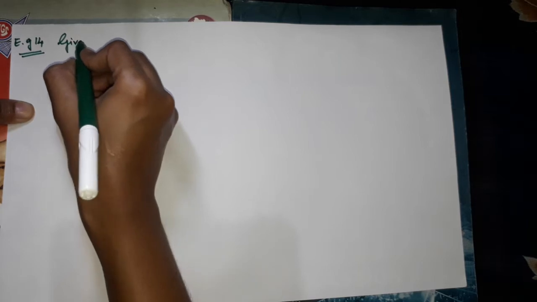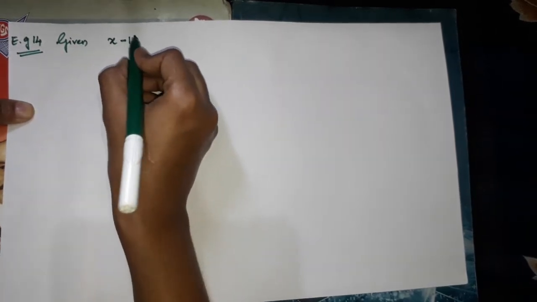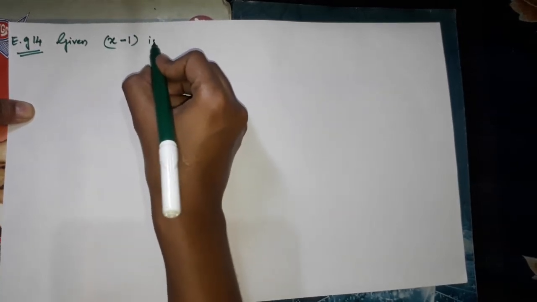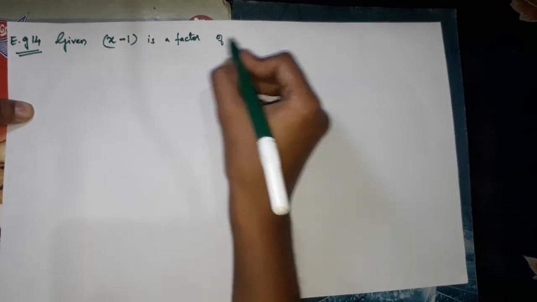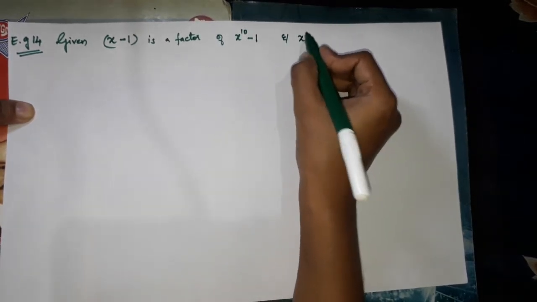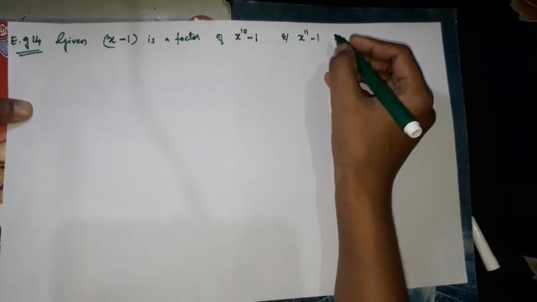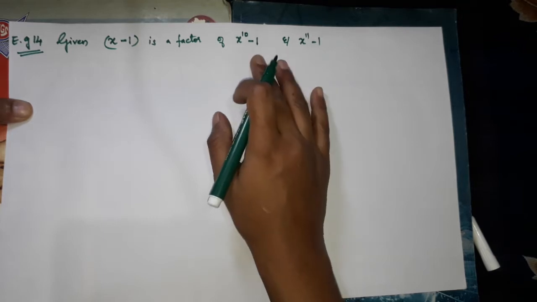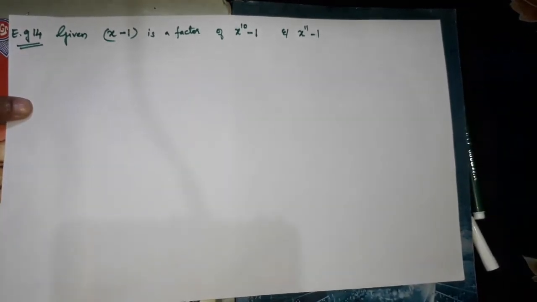Example 14. Given, what they have given, children? They have given x minus 1 is a factor of x power 10 minus 1 and x power 11 minus 1. Okay, children, this is our question I have written. Okay. Now next,